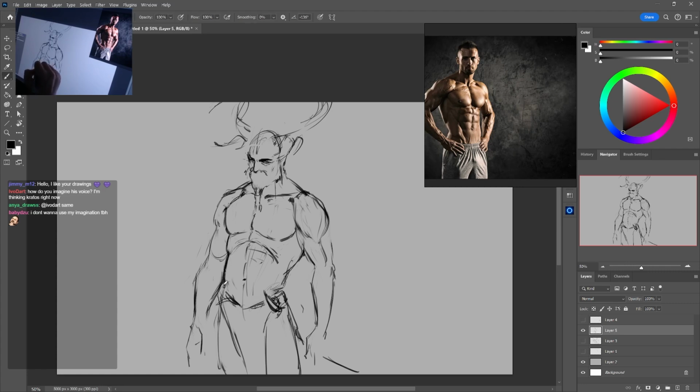I don't want that to go in too far because I want to give him a little bit more volume around there. Put a little bit more volume here. Right, and then I'm gonna move the loincloth down a little bit, and this is his pelvis, right? The reason why guys have this line here is because of their pelvis. This is where the pelvis starts.